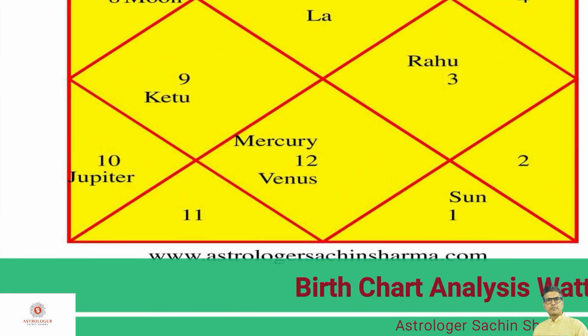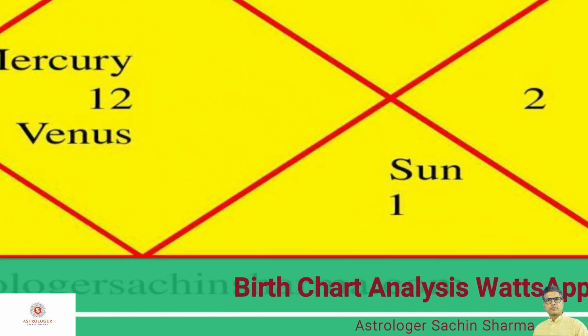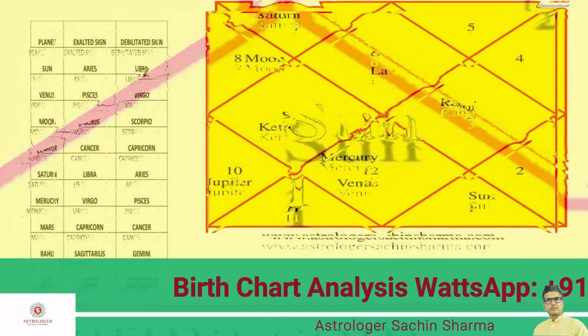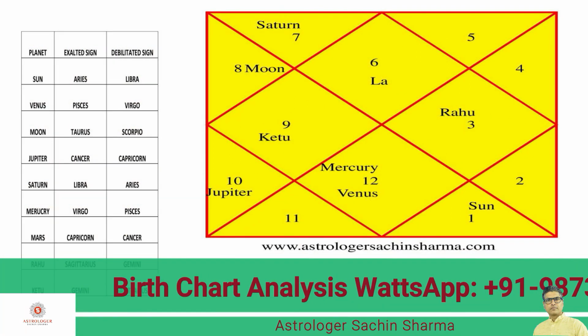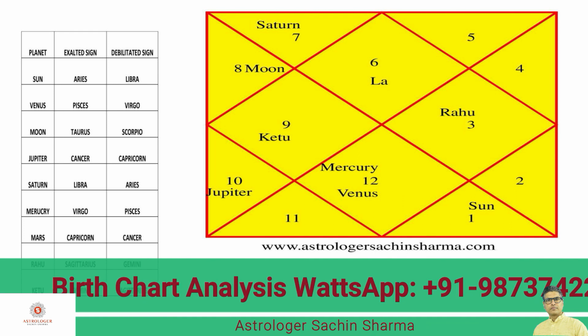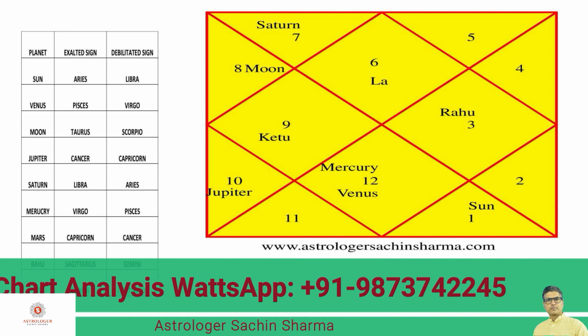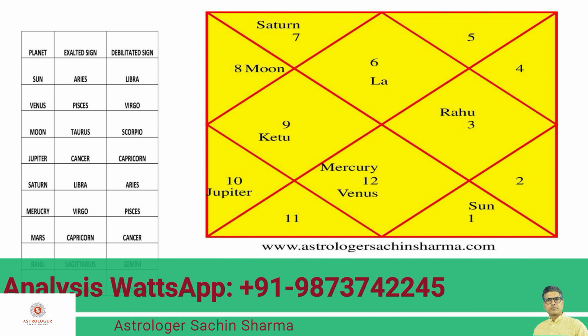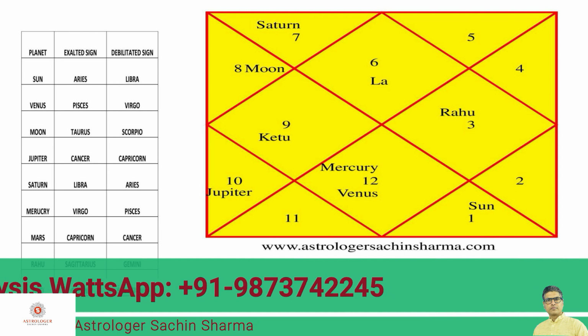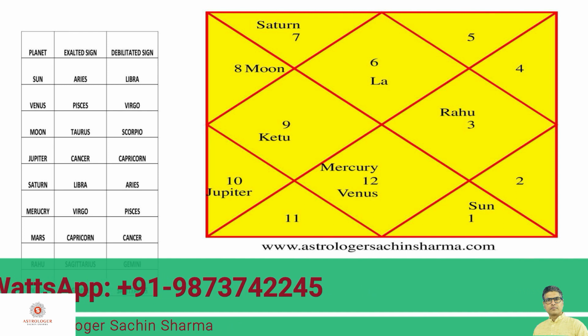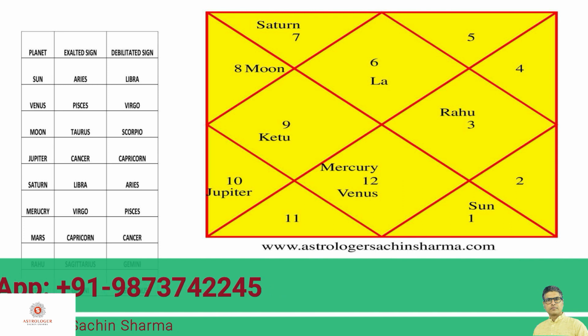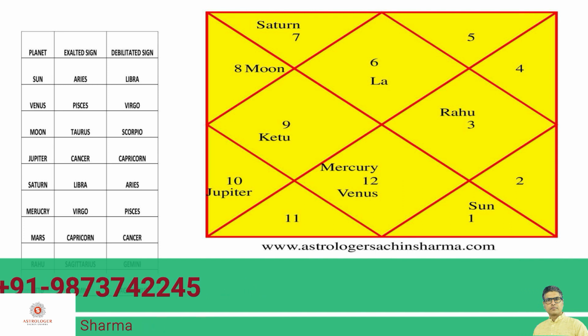Now let's move towards Sun. Sun is placed in its exalted sign, but you have to be very careful here, as placement of Sun in the 8th house is not a good placement. That means during its Mahadasha period, Sun will increase the result of this particular house too much. That means it is going to give you very negative results, as this house is not a good house, as we have already discussed in the beginning. So the result of Sun in its Mahadasha will be very negative for the person.